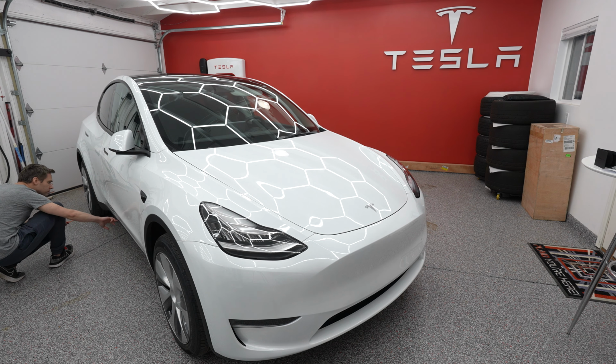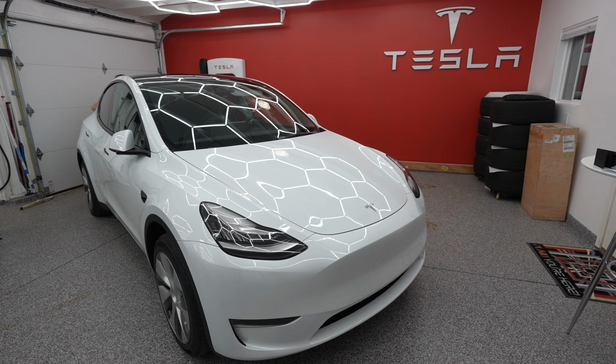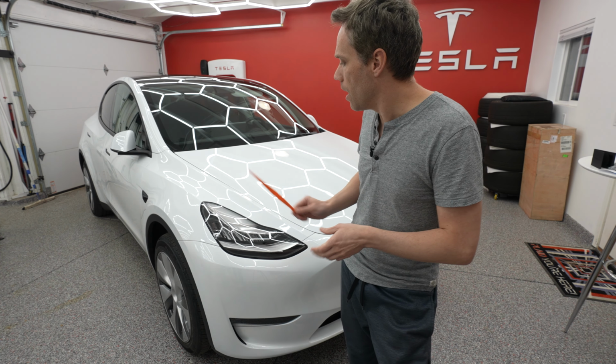So we actually did a lot more at Tesla because we were kind of playing around with it. I was showing Susie some stuff in the front seat. David was in the back looking at everything. And there are some very notable improvements over our previous Model Ys that I'm very, very happy for. However,